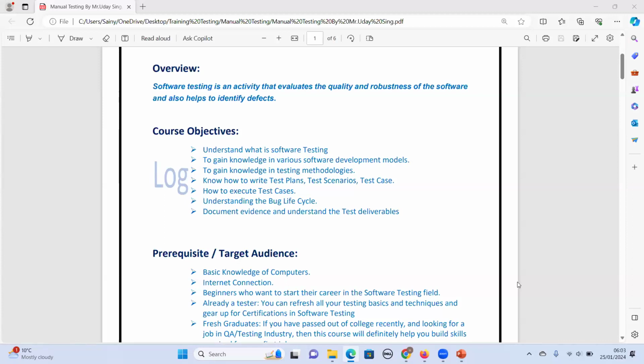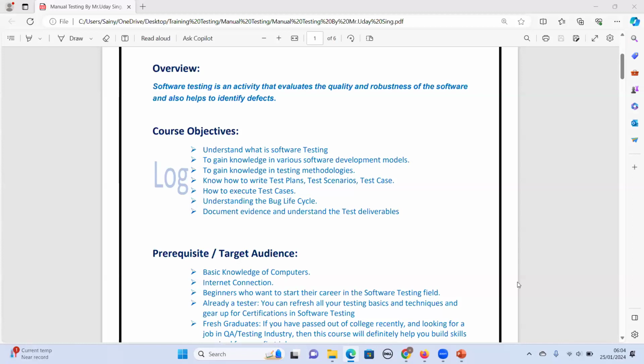If you complete that certification and apply for manual testing jobs, software testing jobs, test analyst jobs, or QA jobs, you have to understand what software testing is. This course will explain that.